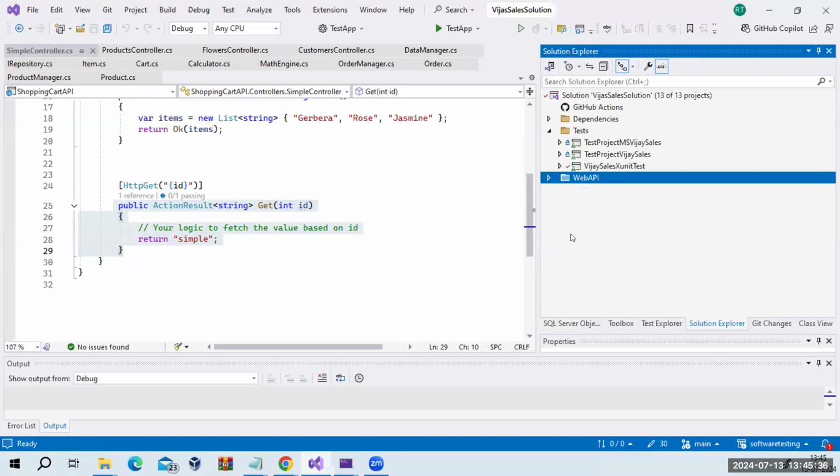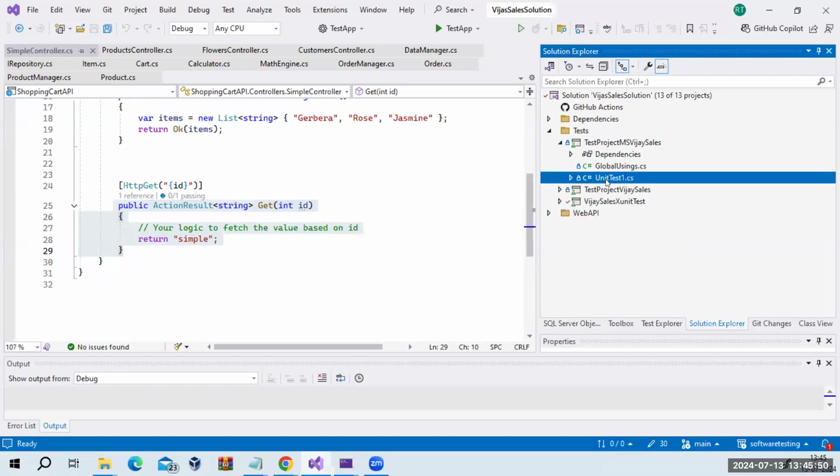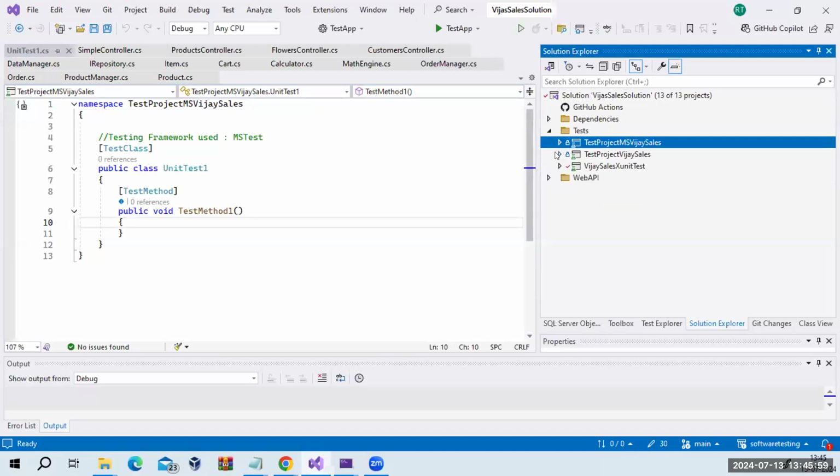So if you just look around the test project, the MS project. Using that MS project, I wanted to do the unit testing for this. So can you get a simple unit test file, basic things, correct? No, a simple structure. But when I go back for the real implementation of the test project,